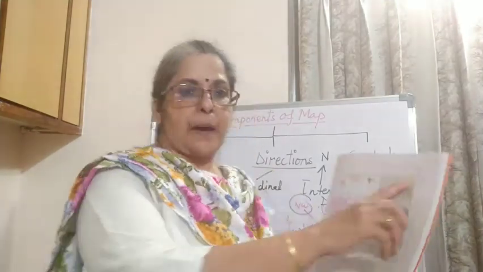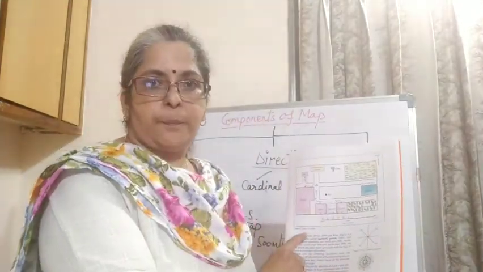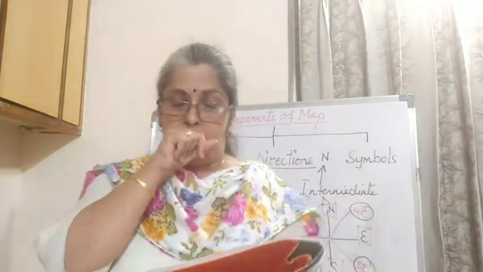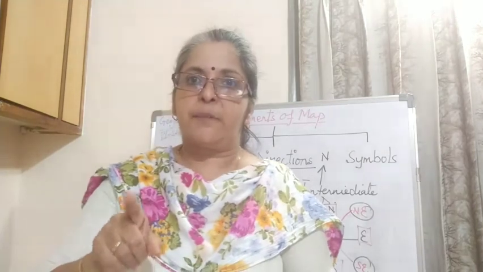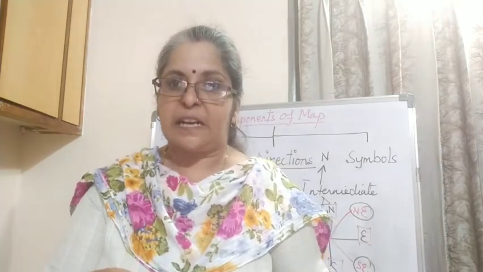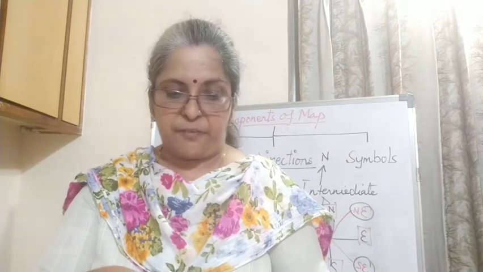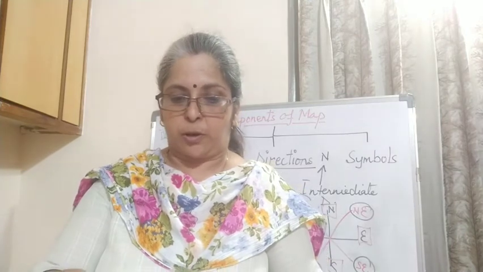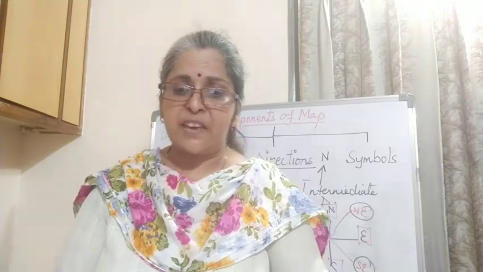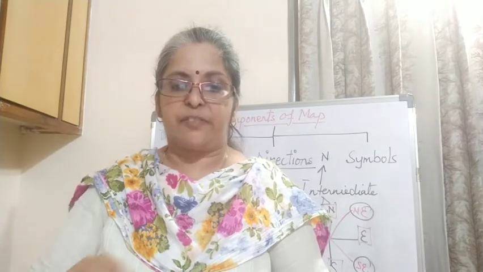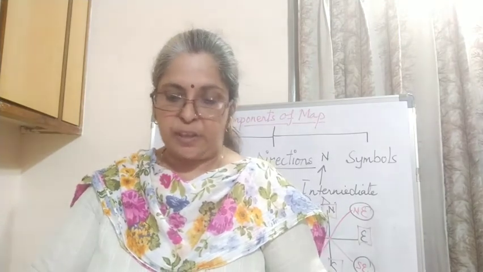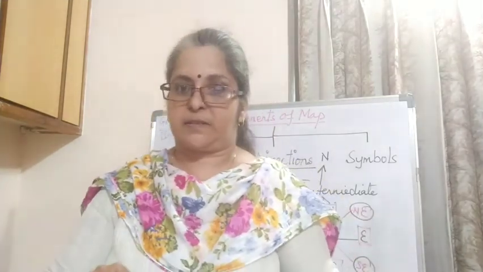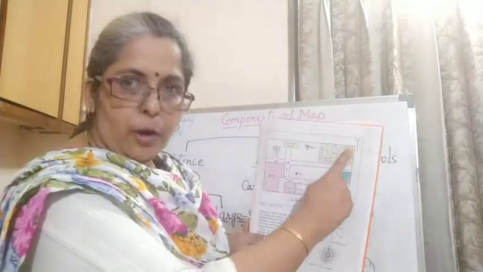Now see this map, the map of a village. I hope everybody's book is open, so then only you can understand this. Now, you have the figure 4.1, the map of a village. The direction is given on one side, north, towards north. Okay. Now see, if I ask you the question, what is the direction of the playground? Now when you see the cardinal directions, you will say the direction of the playground is in the northeast. See here, it is in the northeast.